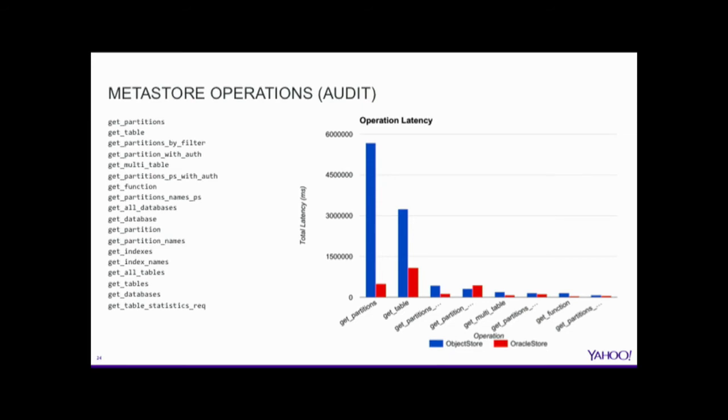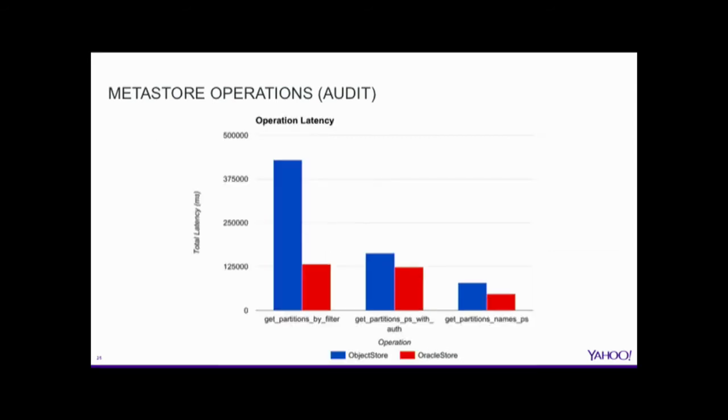So if this type of operation were requested more, we would potentially have serious problems. With regard to the get partitions operation, OracleStore was able to perform 11 times faster, and it was able to perform 2.5 times faster on the get table operation. So let's look at